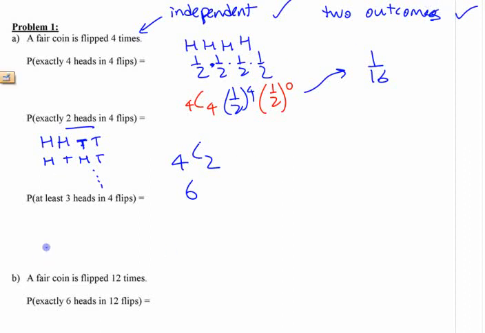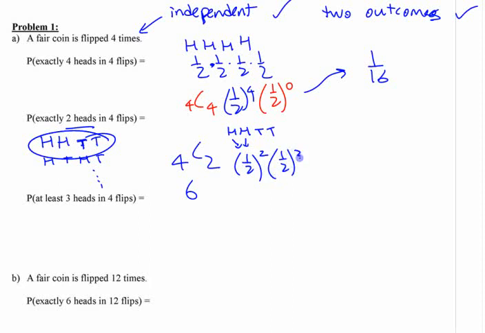And then what's the other part of it here? I need to pick one of the ways, like this one. If it was heads, heads, tails, tails, I need the 1/2s for this: 1/2 to the power of 2, and 1/2 to the power of 2. Now I know some of you are saying, why can't you just write it as something simpler? Well, in this particular case, we could write it as 1/2 to the 4th because success and failure are 50-50. But we're leaving it like this because it'll get you confused for things where it's not 50-50 chance. So it's 6 times